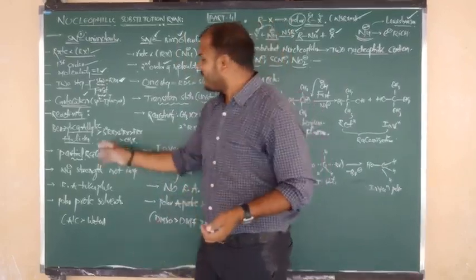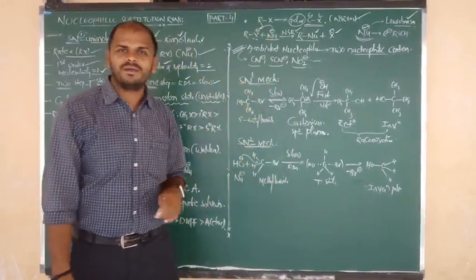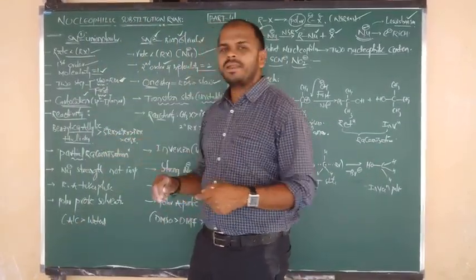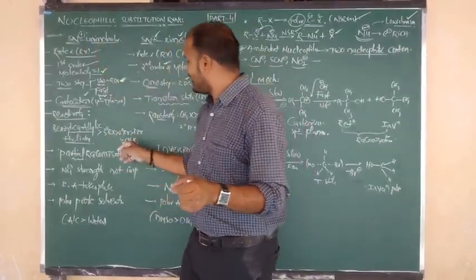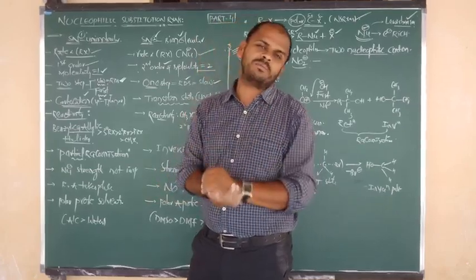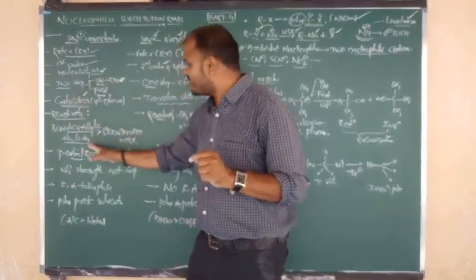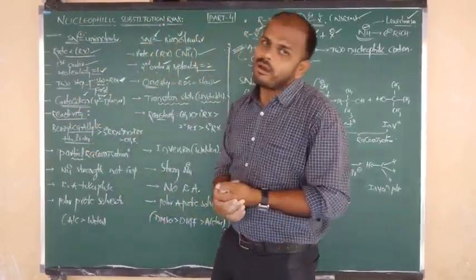After that, tertiary alkyl halide like tertiary butyl bromide. After that, secondary alkyl halide. After that, primary alkyl halide. And the least reactive alkyl halide in SN1 is methyl halide, because methyl carbocation is unstable. Because it depends only on carbocation. So on the basis of that only, the reactivity order of alkyl halides is decided.